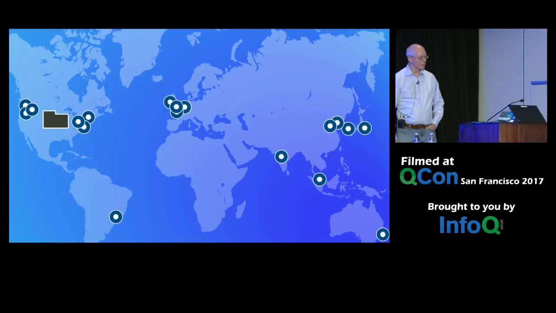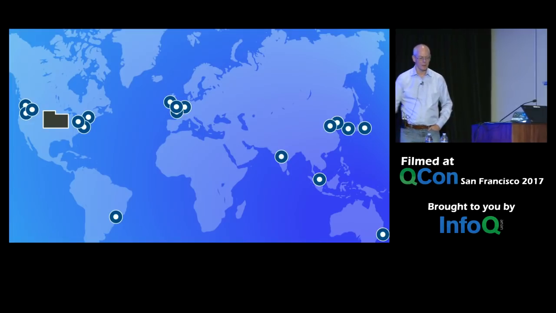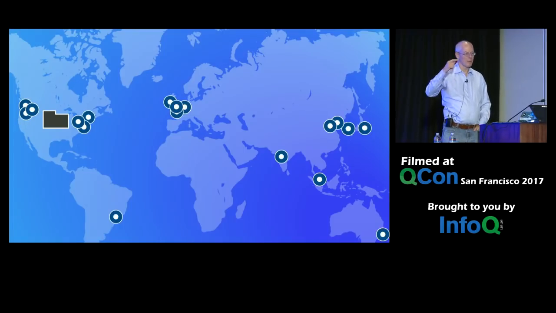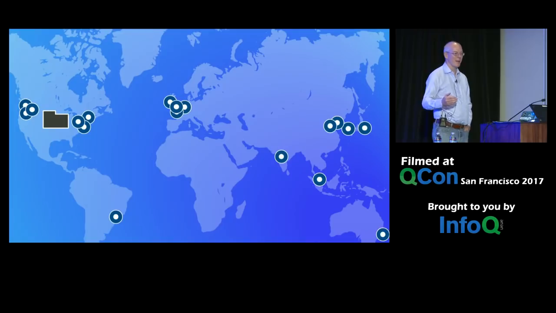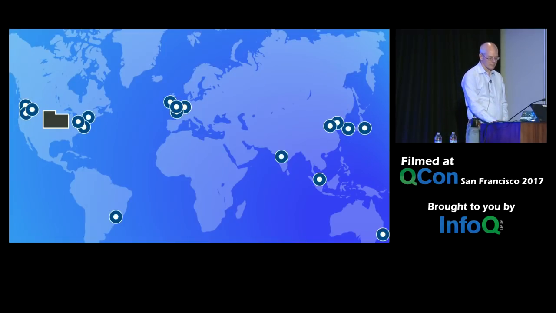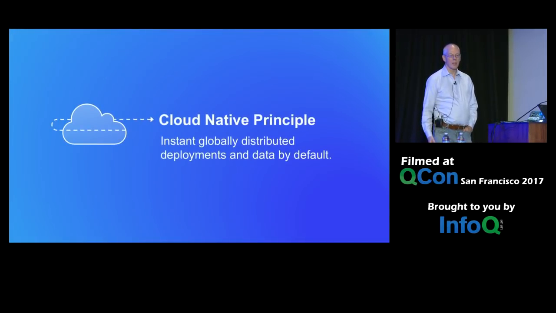So here's another one. We've got all this infrastructure scattered all the way around the world, and if you want to deploy something in Latin America or Japan or Germany, it's just a different drop-down on the menu, and you just go and do it, and that's cloud native. Whereas if you want to build a data center in Brazil, anyone that's ever shipped hardware to Brazil knows how hard it is. Some countries are more difficult than others, but whatever it is, you've got to hire people and find a building, and it takes a long time. But it's a drop-down on a menu. It's no harder to deploy in another country than it is to deploy in your own country. So this is another principle, that you get to build instant, globally distributed applications by default.